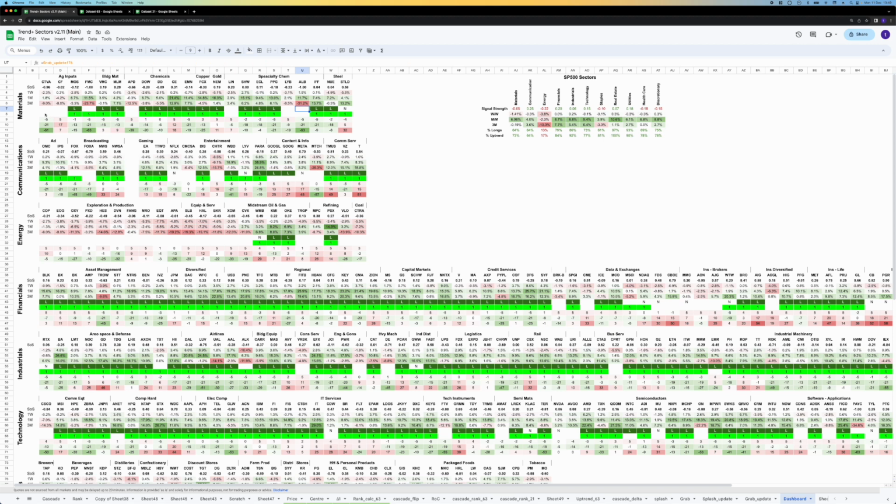Then this line here just denotes whether the signal strength is in an uptrend or not. So 1 in green means yes, it's in an uptrend. And then these numbers are 1 week, 1 month, and 3 month, the calculations that go into calculating this number. They're not necessarily an indicator of moving forward, but it can be something that you can look at and say,